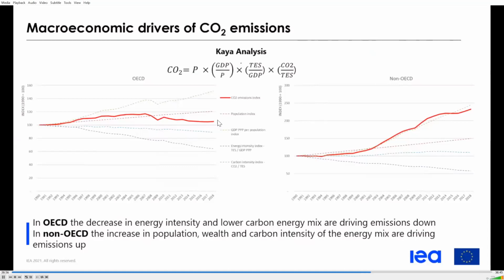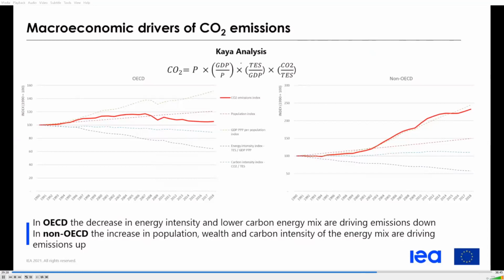Detailed emissions data enables populating matrix, which can be used to discuss the macroeconomic driving forces behind CO2 emissions and provide insightful input for effective energy and climate policymaking. The formula on the top is known as the Kaya identity, which allows decomposition of the total CO2 emissions into 4 macroeconomic factors: population, GDP per capita, total energy supply per GDP, and CO2 emissions per unit of total energy